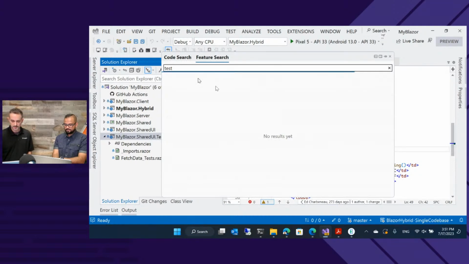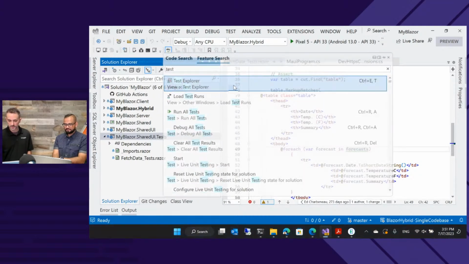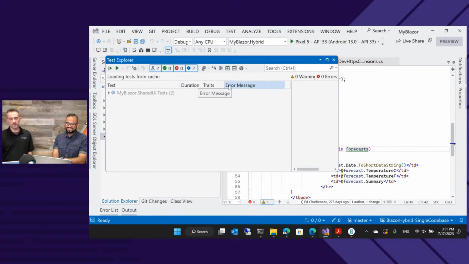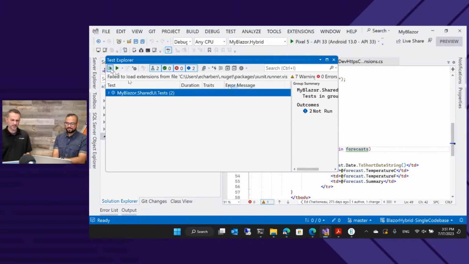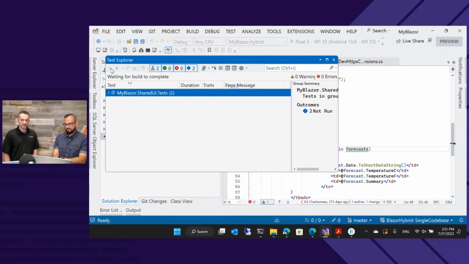Where are you at? It's Monday. Test Explorer. It's there, Monday we go. For Visual Studio, Test Explorer, not Test Runner. So we just come up here, we'll hit run, and it's going to run through those tests and test out that fetch data component. And the fetch data component gets used everywhere, so it just got tested for 4 platforms.